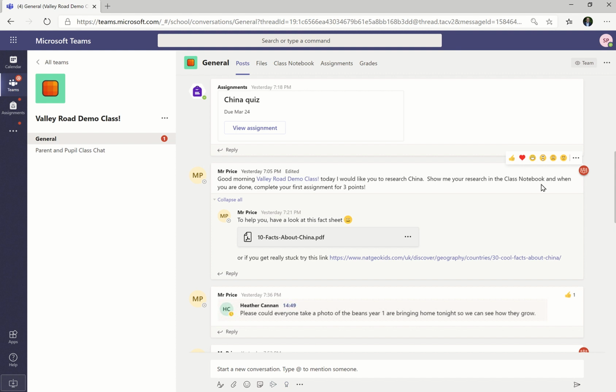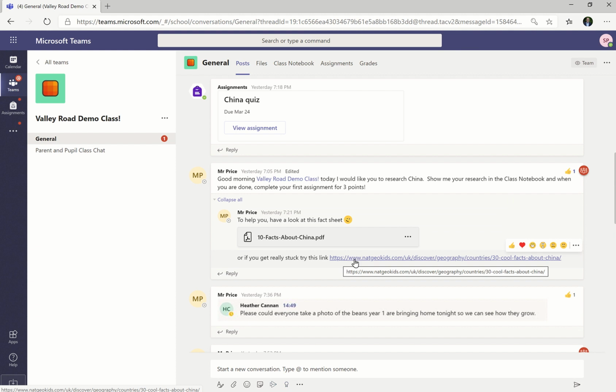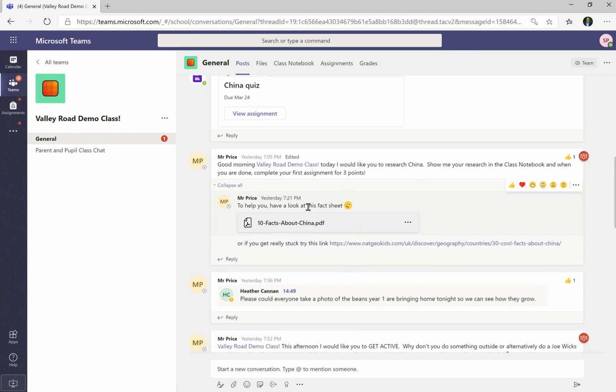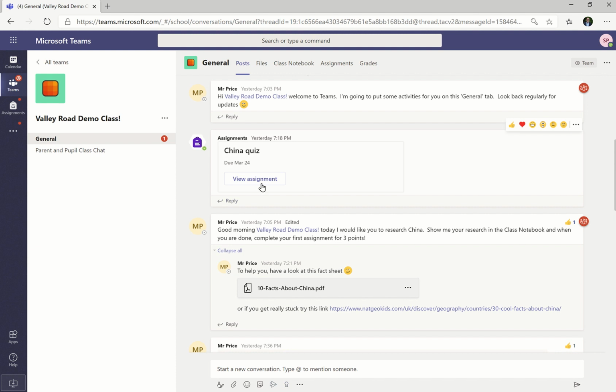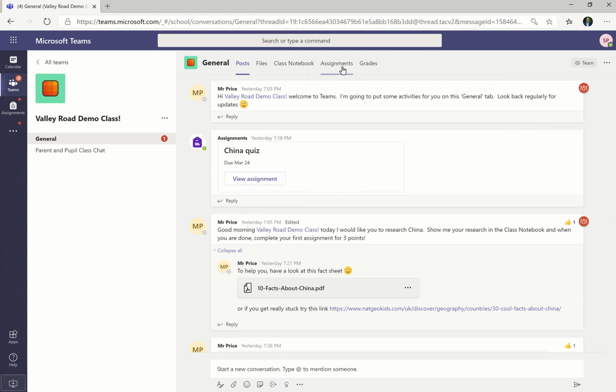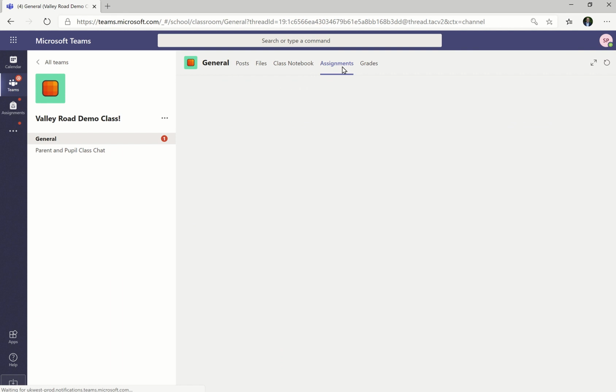So the points is all about gamifying and just making it a bit more exciting. You'll see when I hover over, I'm given the option to give some smiley faces. And obviously, this is great content that Mr. Price has provided. So I'm going to give him a thumbs up. I've clicked on the fact sheet, but this teacher has kindly also given some places for the kids to go and have a look at some facts. So they're helped research, but there's no reason why the kids can't go and do this themselves as well. If I click on the assignment, it's the same as clicking on assignments up here, and it takes me